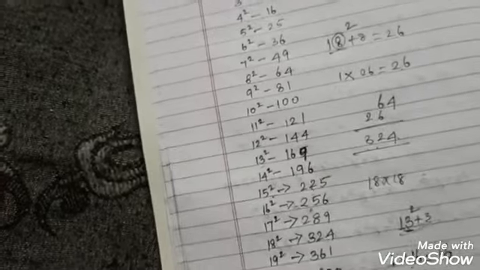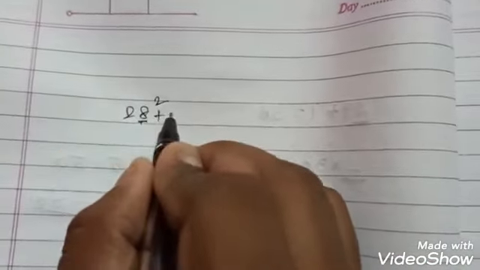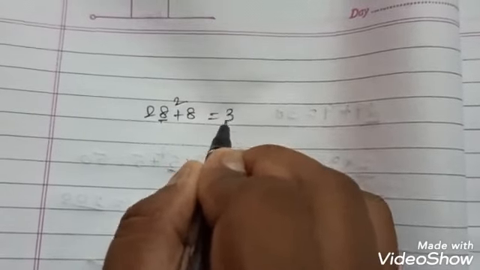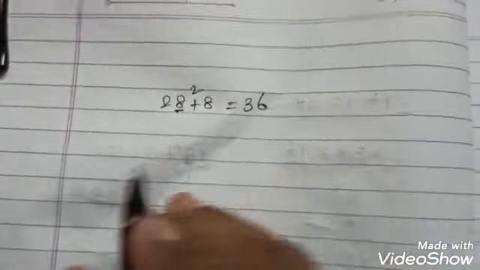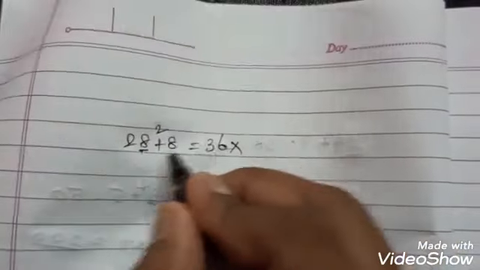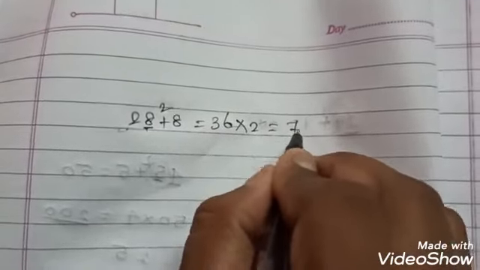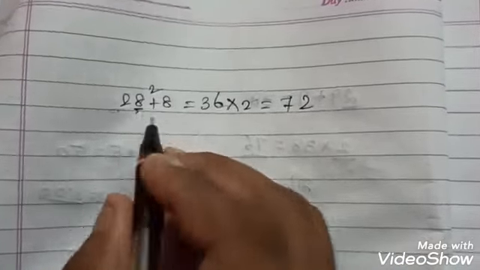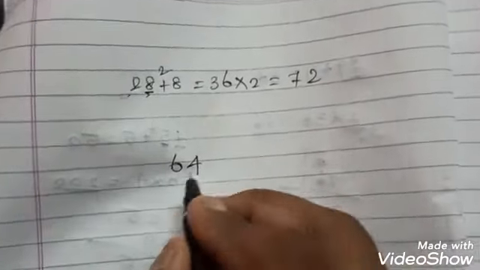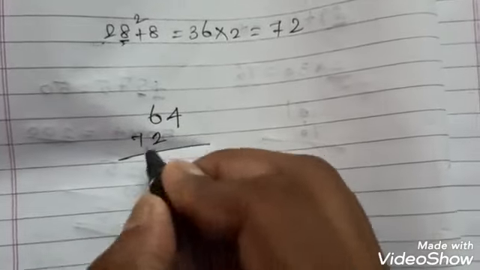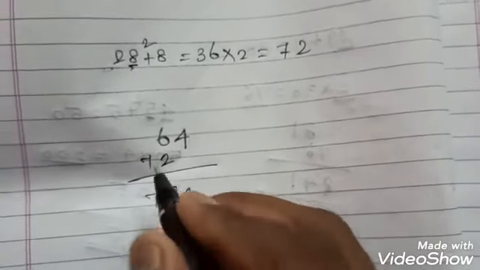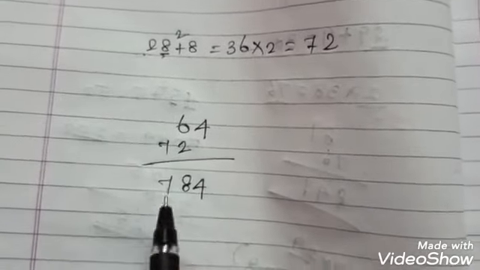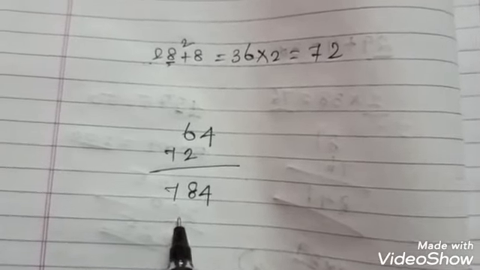Again I just recall for you guys the 2-digit method, because of your examination. If you find 28 squared, you add the unit digit 8 to 28 to get 36. You multiply with the first digit, which is 2, and you get 72. Now you square the unit digit, 64. This 72 is added here. Now you get 784. So 28 squared is 784.